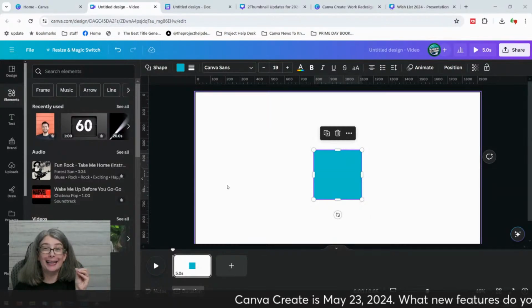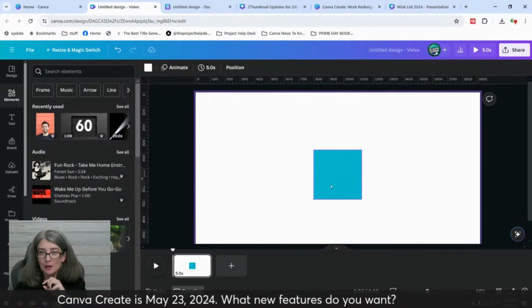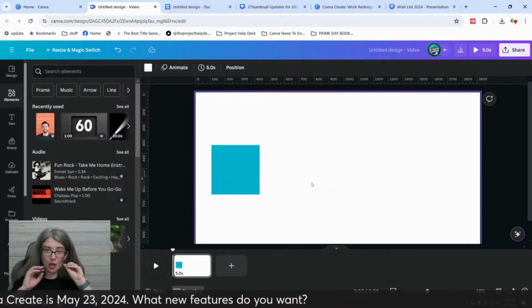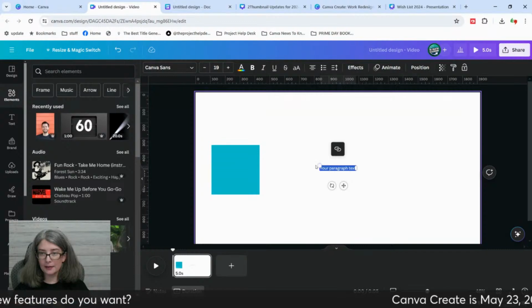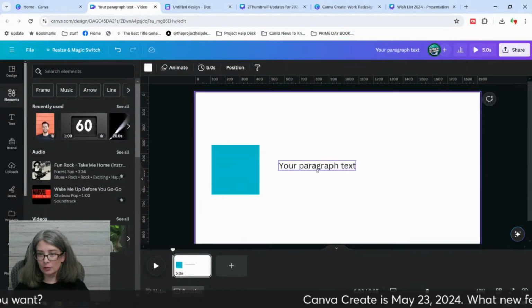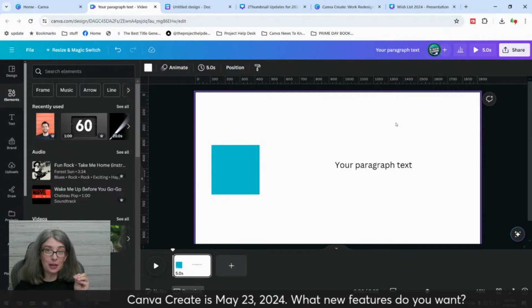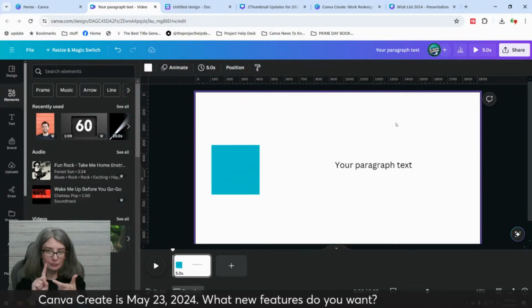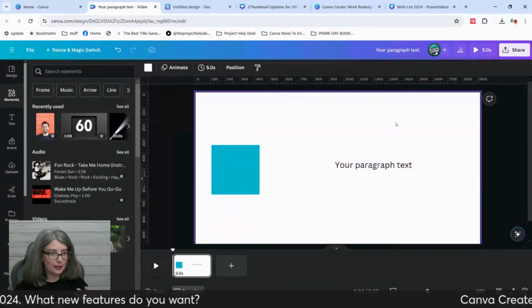Please move your head and I'll move my head somewhere. Okay, so there's a couple different animations. We're going to look at text animation, video or element animation, page animations and transitions.